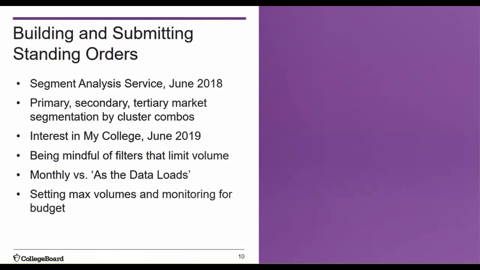Important to note that I only had a $50,000 strategic investment at the time, which included the subscription to segment analysis service and enrollment planning service. This meant I had to be on point and calculated to limit volume across 8 standing orders to stay within budget. When placing the orders, it was critical to do a basic calculation of names times 0.47 to limit the order without blowing the budget.